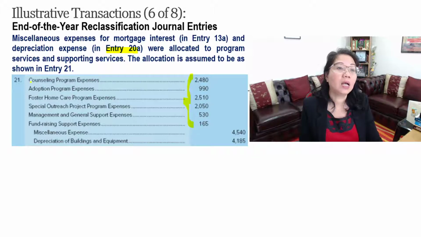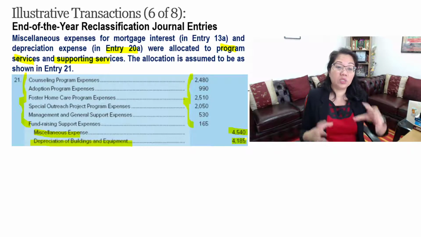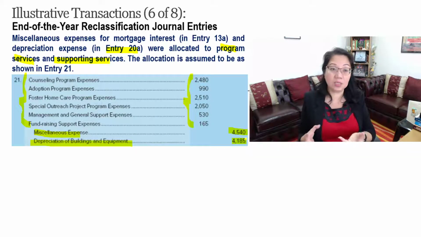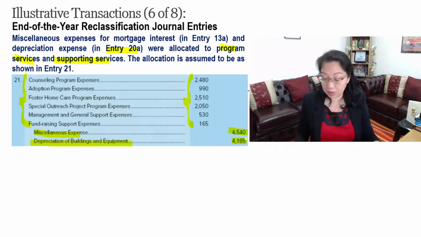Counseling program expenses, adoption program expenses, all these expenses will be debited because these are your supporting services as well as program services. And what you will be crediting is the miscellaneous expense of $4,540 and the depreciation expense for buildings and equipment, because what you're doing is you're reducing these expenses but you're allocating it to specific program and supporting